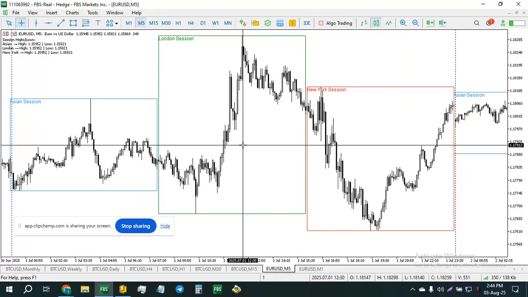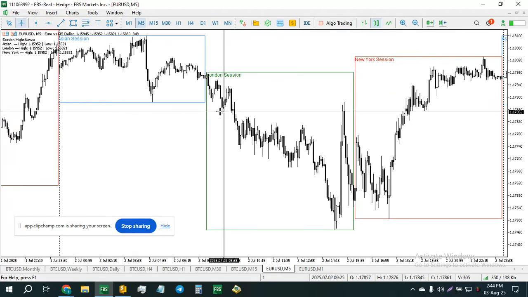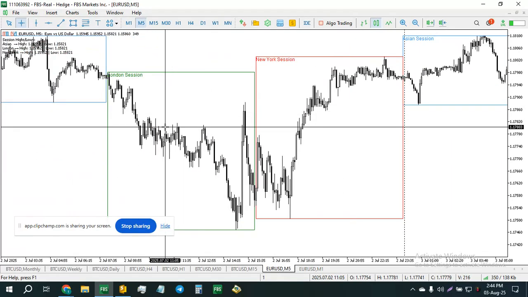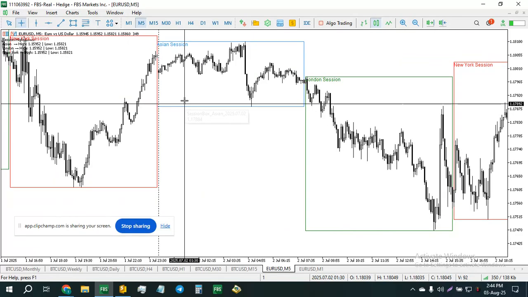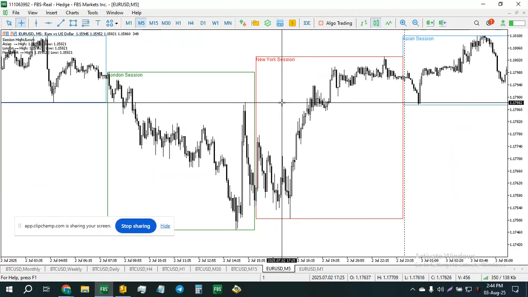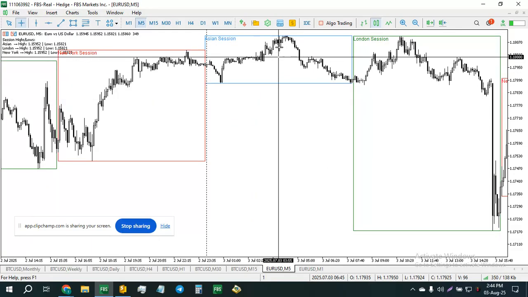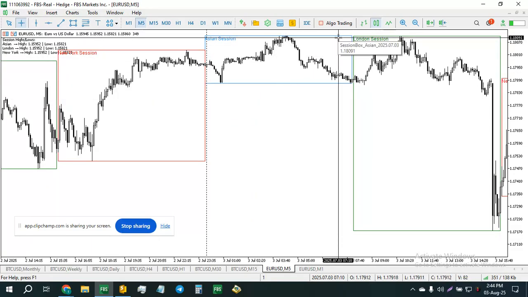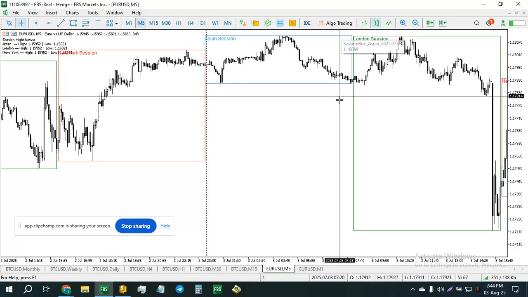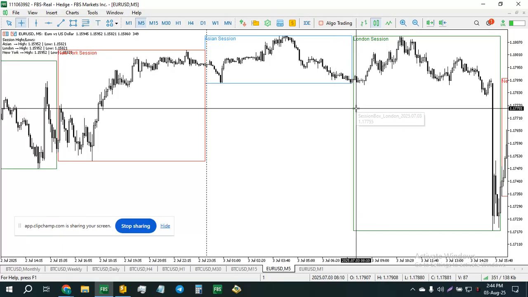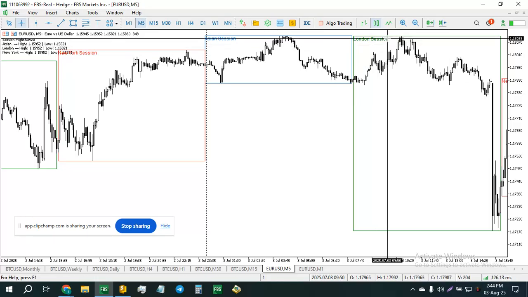So throughout the charts, the examples abound. Here, this is July 2, 2025. We have no tradable liquidity sweeps here. This is July 3. If I was to build an expert advisor to trade this strategy, I would say greater than or equal to Asian high. So I probably would still find a price entry